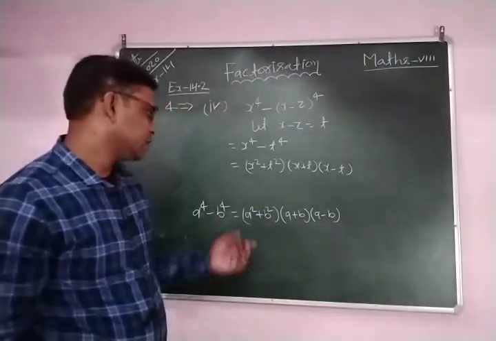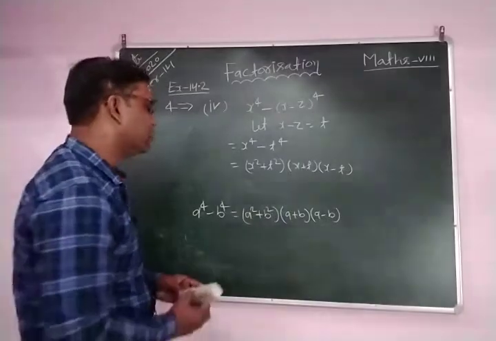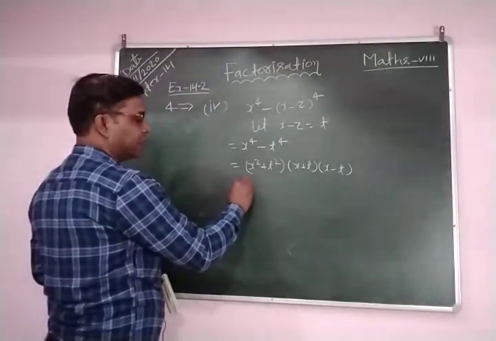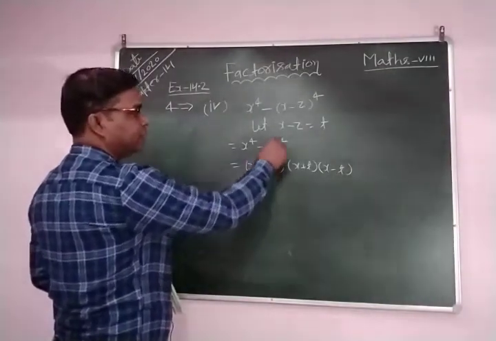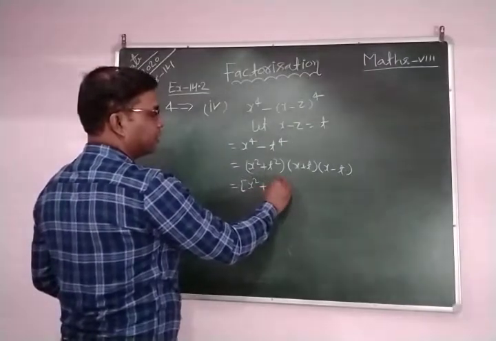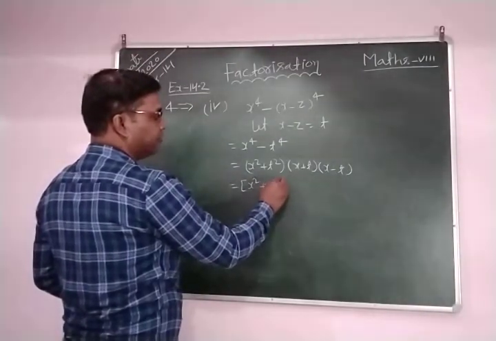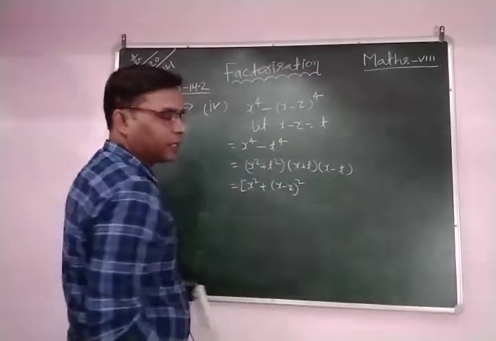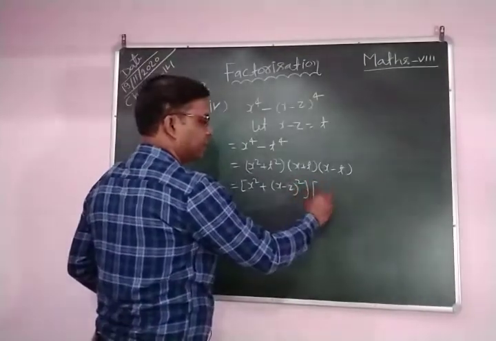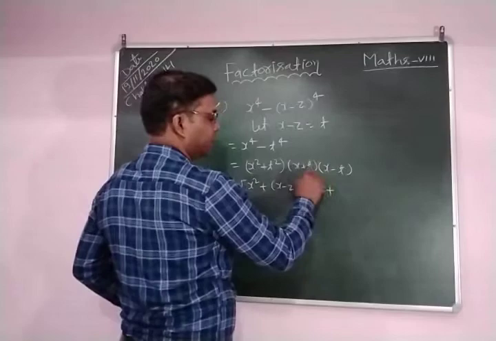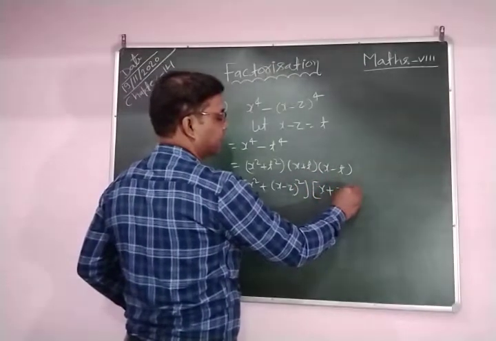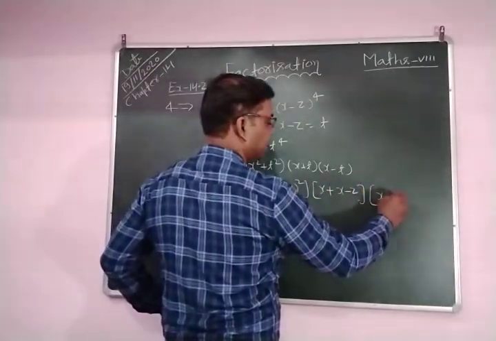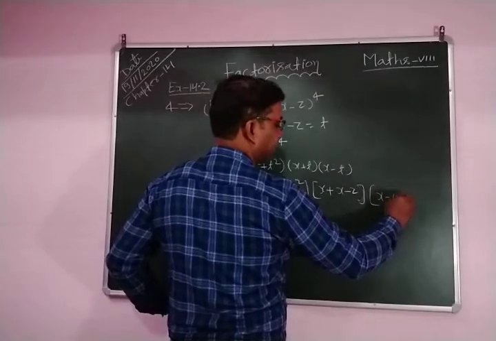But here, what is x? X is a and t is b. So the x is right, we write as it is. Yes, we write as it is x square, but for t square, t is x minus z. We replace t here with x minus z. So it becomes the square of x minus z into x plus t, that is x plus x minus z. You can write here x minus z. Clear? Now this part, x minus t, so also you can write it as x minus x minus z.